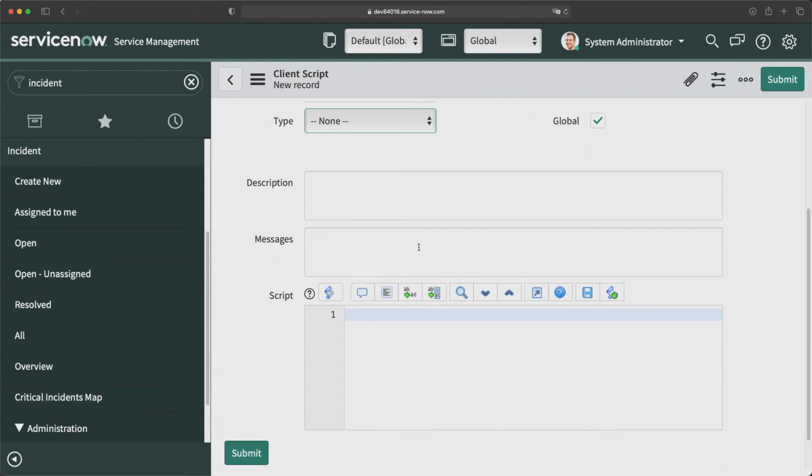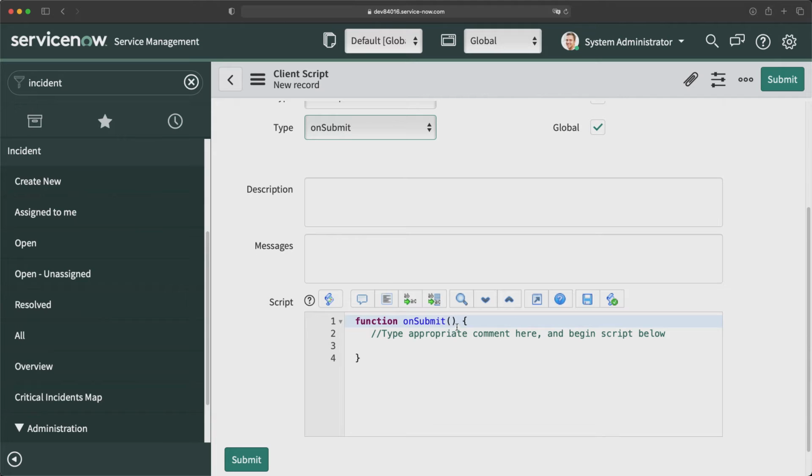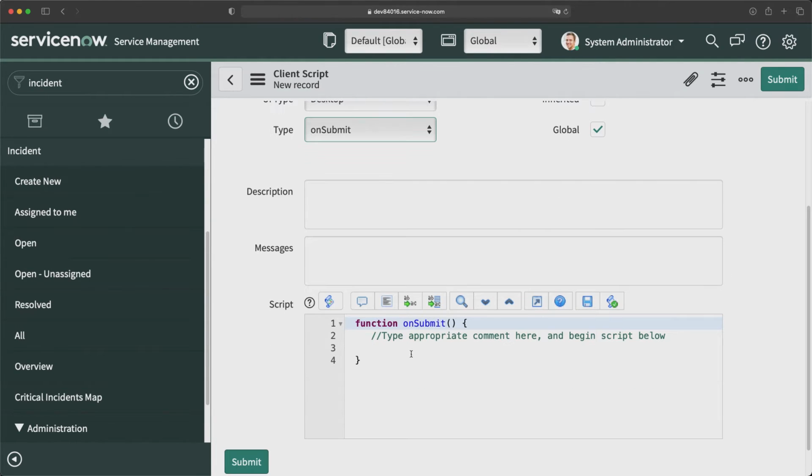Now one thing to note, you can see this script field is empty, but as soon as I select this type, it will automatically populate that particular function. So we have function OnSubmit. Now under this function we will write our code. Now what kind of box do we have to show to the user? We have to show a confirmation box: are you sure you want to create a P1 incident